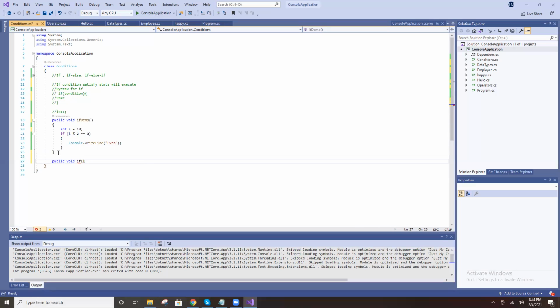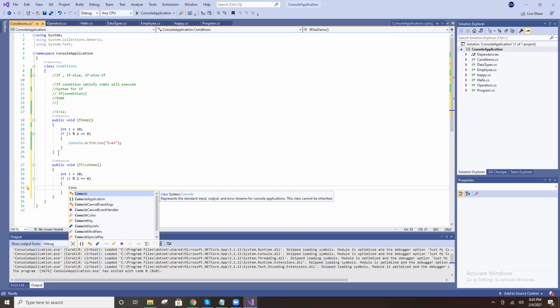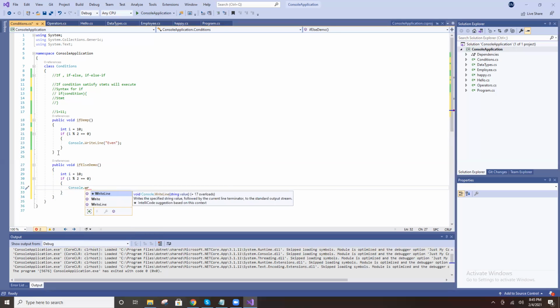If else. I will write one more method for if else. Same, I equal to 10 is there. If I modulus 2 equal to 0, it's even. Any number divisible by 2 is an even number. Console dot write line of even.